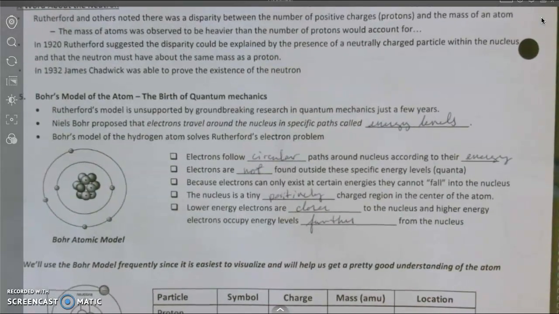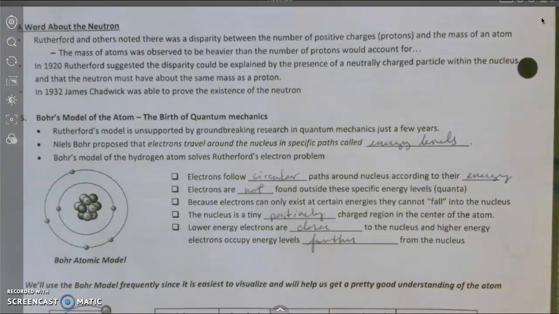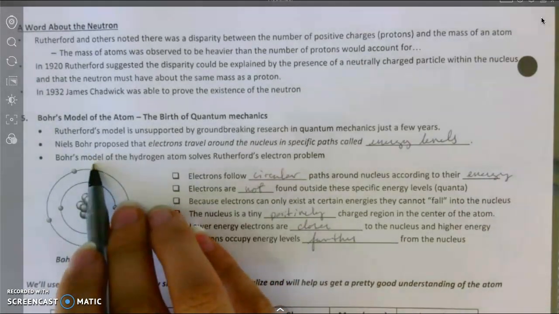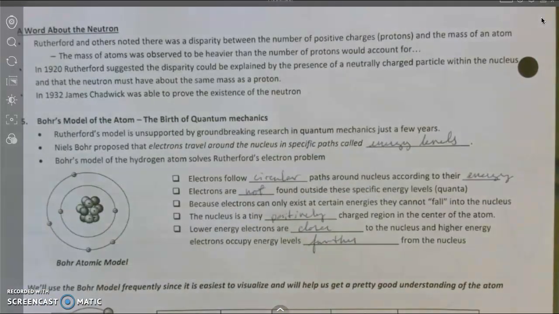So then after that, Bohr came along. He wanted essentially to answer that question. And he said electrons have very specific energy levels. And that's what causes them to not fall into the nucleus, because energy-wise, an electron can't exist here or here or here. They can only exist here and here, and so it's impossible for that electron to fall into the nucleus. And so that's where you get the Bohr model from, with these circular,